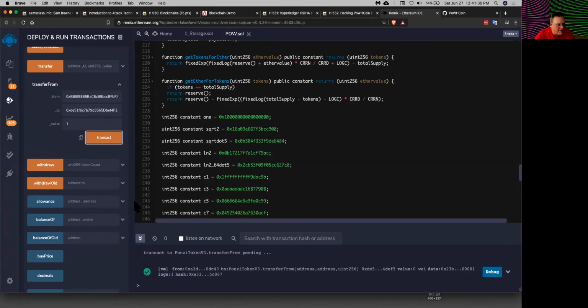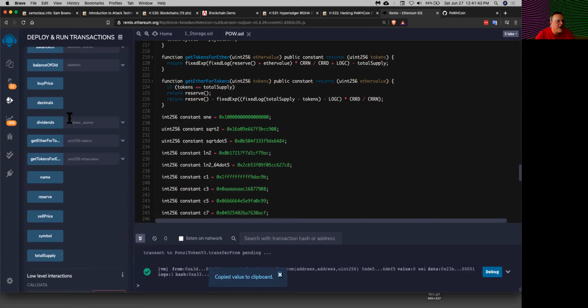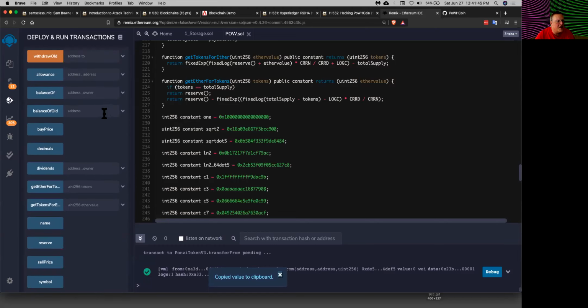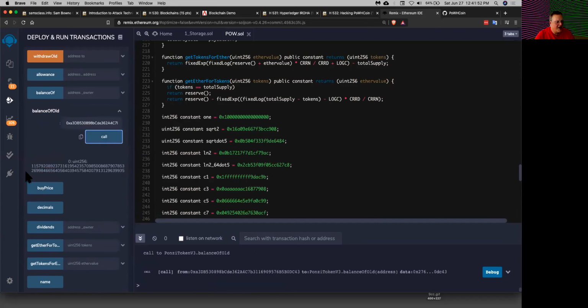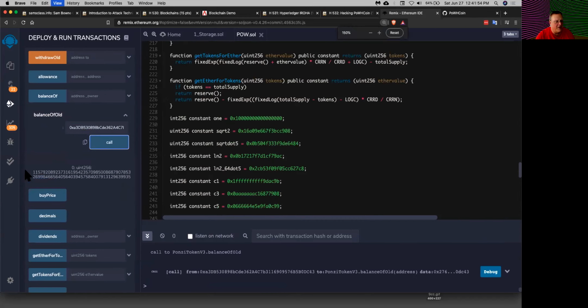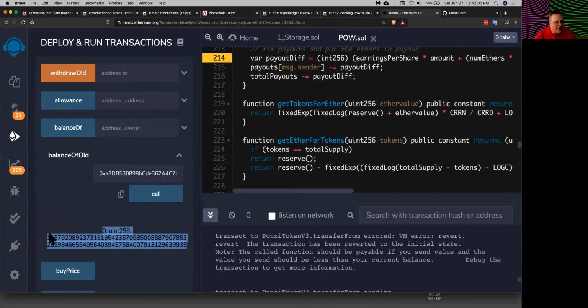So now if I go to balance of old, I can view the balance of this account here, number 3. And if I've done it correctly, that person just stole all the money. So let's see, balance of old, paste, call, yes. This now has an unthinkable huge amount of money. I've taken a 256-bit integer that was 0 and subtracted 1, and it has rolled over to the largest possible value. And this is a real attack that somebody made $1 million stealing all the money out of the fund a while ago.